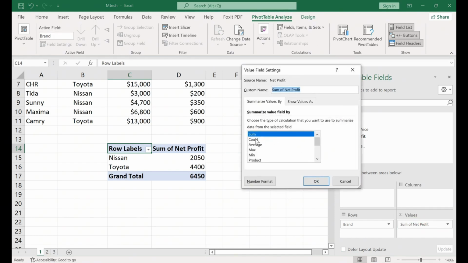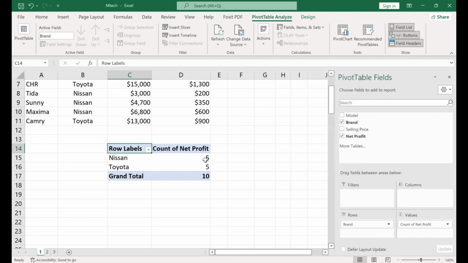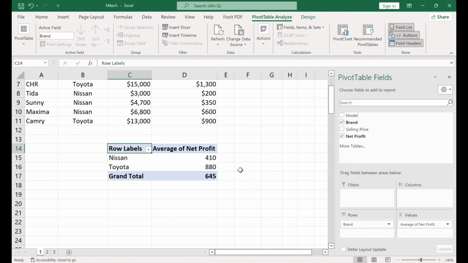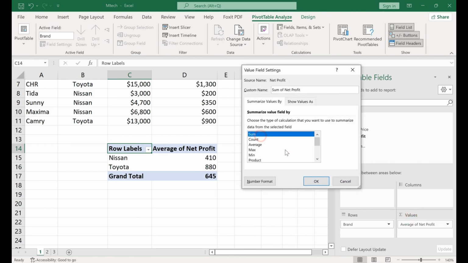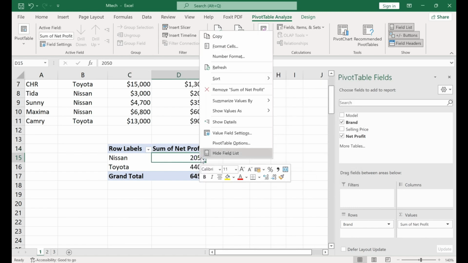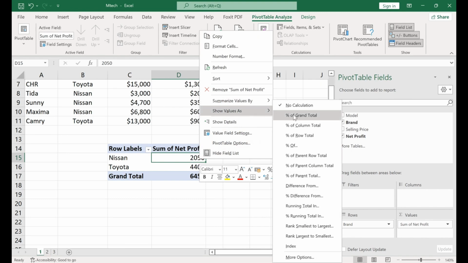In values settings, we can use sum, count, average, or anything else. Also, we can select how values are shown. For example, we can show values as a percentage of grand total,